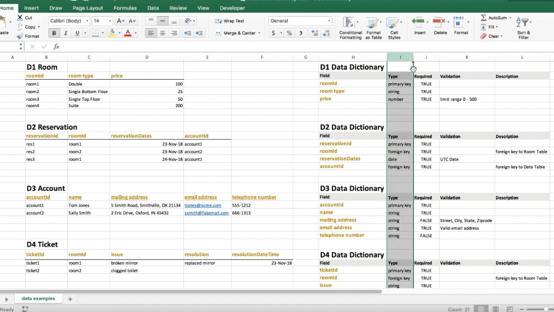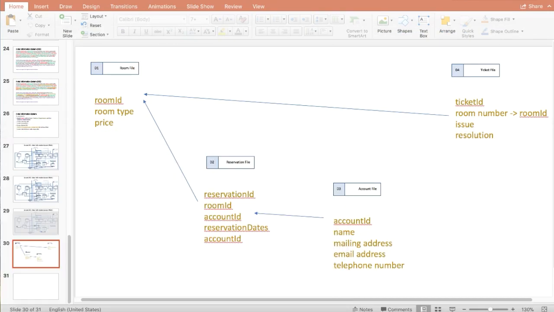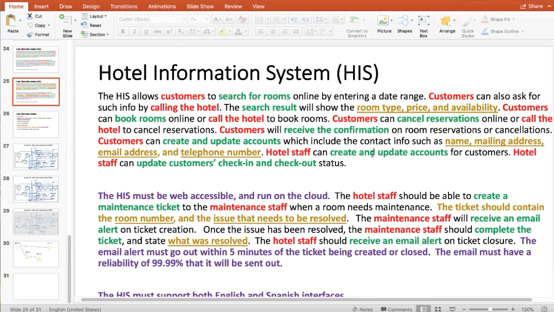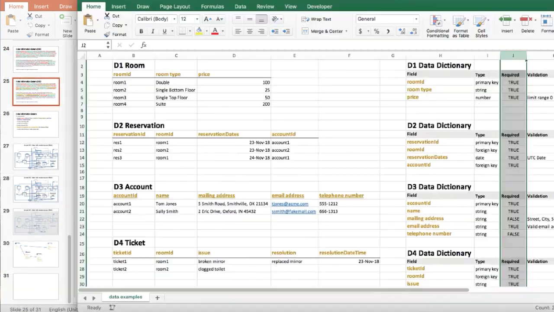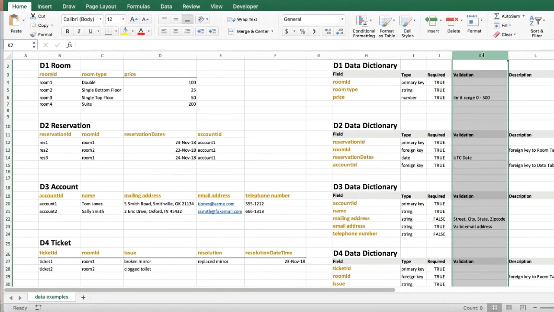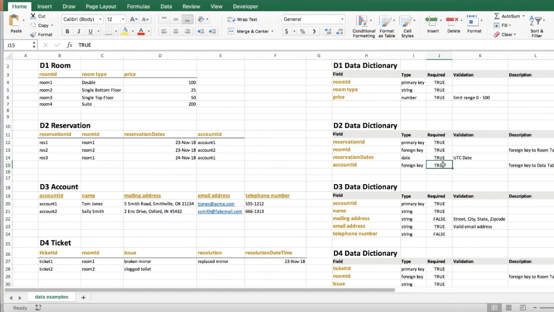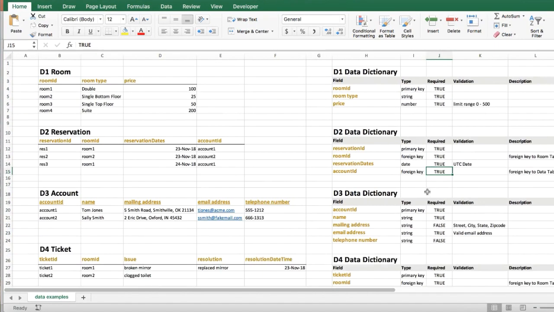We'll go into this in more detail in our next class. I just want to give you a preview of this. And I've got a column here if it's required or not. This is coming off of the requirements document in here. So if it was in here, it would be required or it wouldn't be. All right, and then maybe validation. How does it validate this information? And then a description of the information of the individual field. All right, so